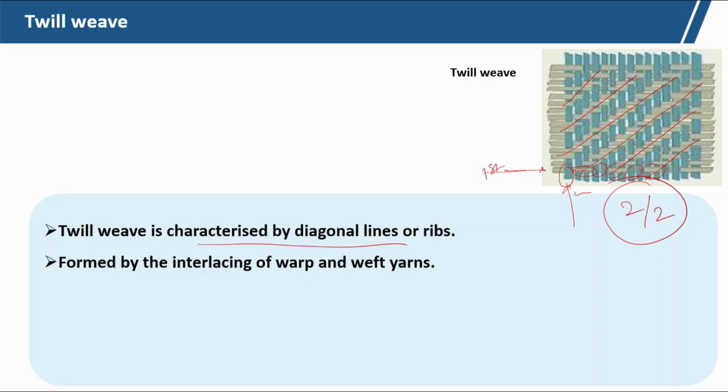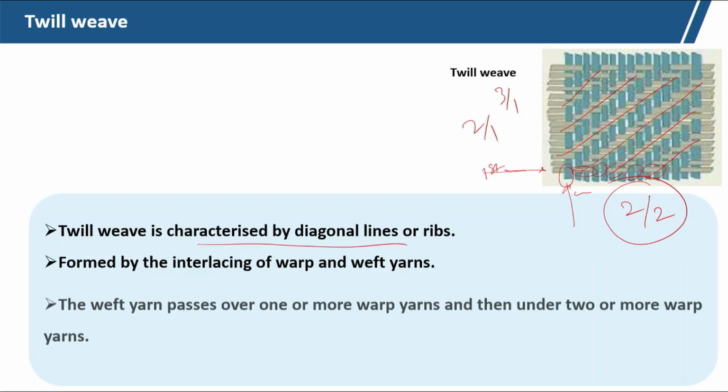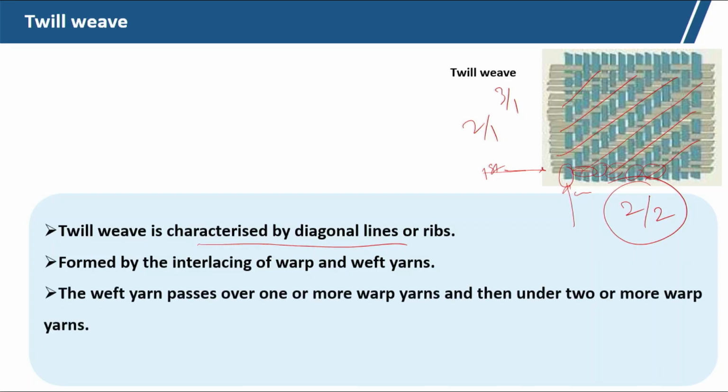But in plain weave it is 1 up 1 down, and in twill weave we can have 2 up 1 down, 3 up 1 down, 2 up 2 down. Different combinations we can have, but in plain weave it is 1 up 1 down always,